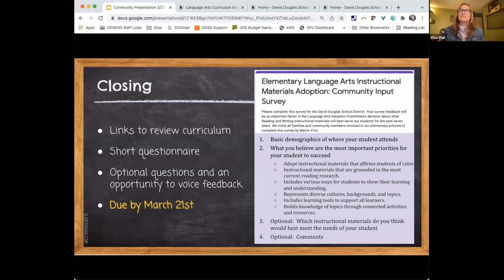Yeah. If we are considering training educators in LETRS, that's an acronym, or another comprehensive training in the science of reading. The science of reading has been a foundation of our adoption process. So we have definitely been using that to frame what our priorities are, what our look-fors are, as well as to learn more about that science of reading and what we would see within a curriculum.